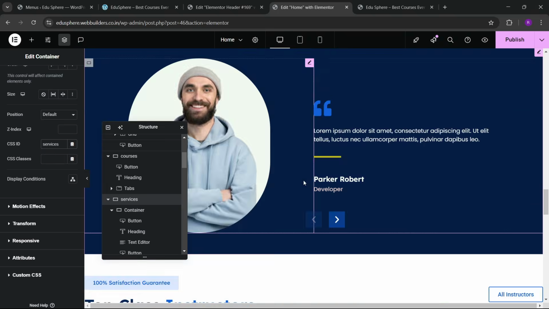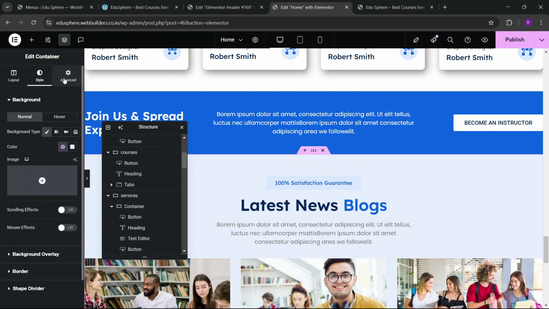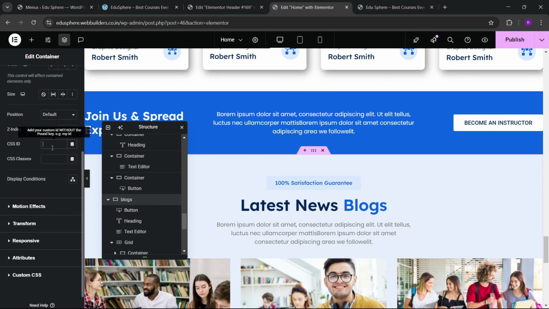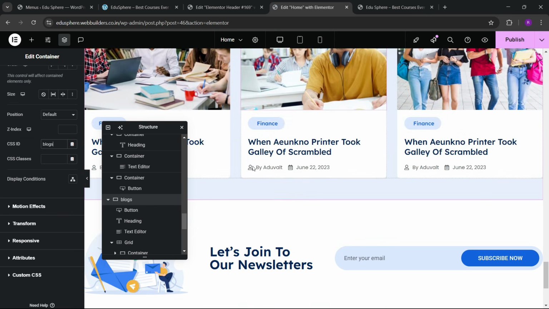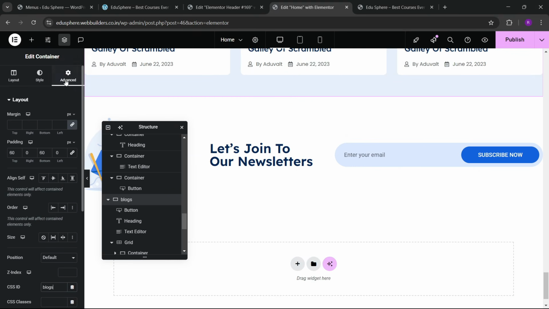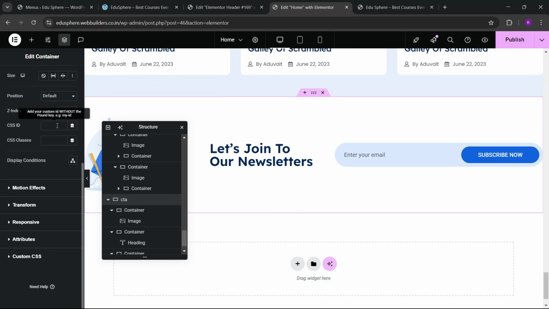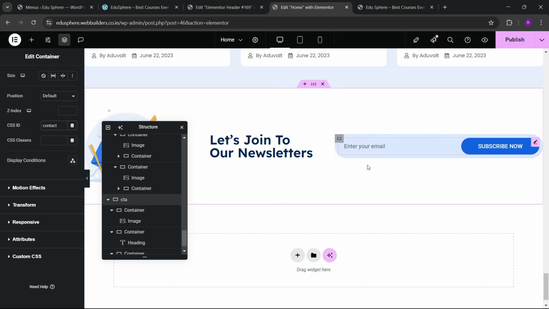Then this is the testimonial. We don't have any header for that. This is also not needed, so we have the header for the blog, so we can write it here. CSS ID is blogs, and for the newsletter we can use a contact CSS ID here. So let's go to this, and here in the CSS ID we can write contact. Okay, so let's publish,